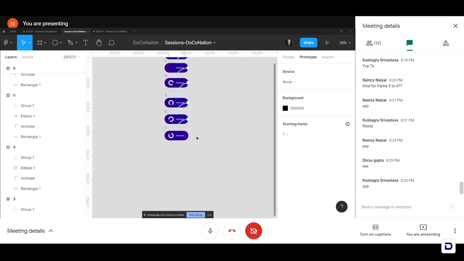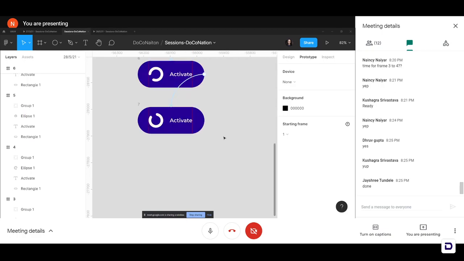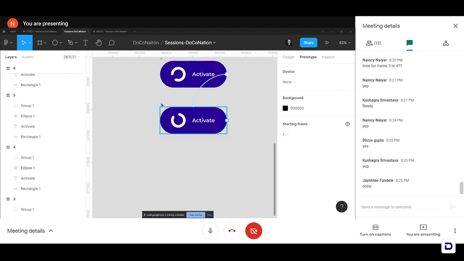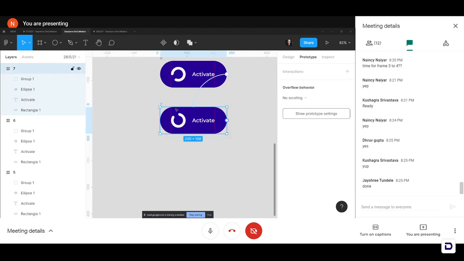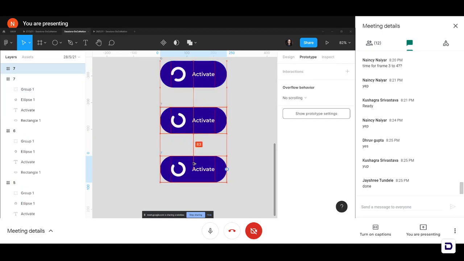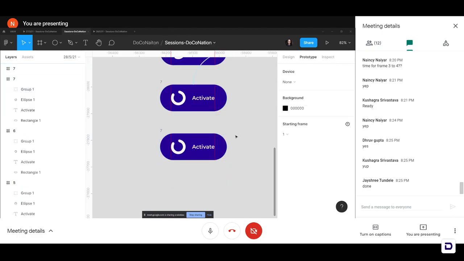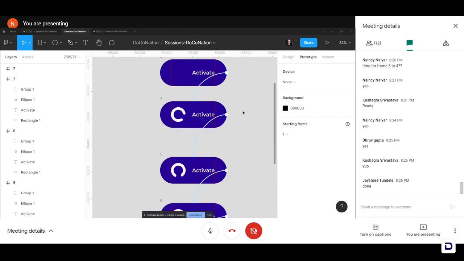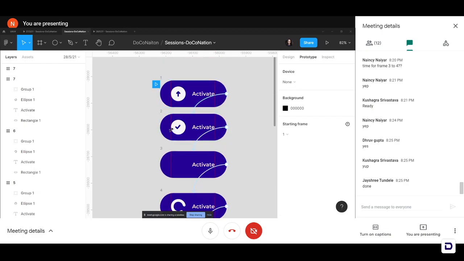Okay, so let's move on to our next part. To do that, the only thing you'll be doing is selecting your frame 7 and copying it. To copy it again, Alt and drag. Now what we want is that after it rotates, we want it to fade away in the background. And what did we do in the initial frames here? We had this little circle and it faded away into the background, right?